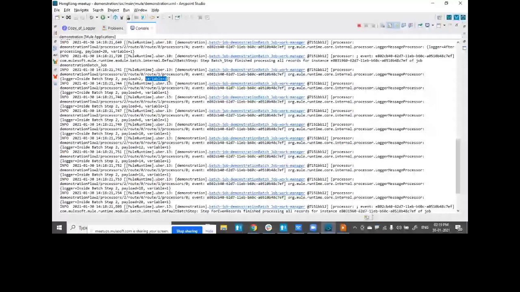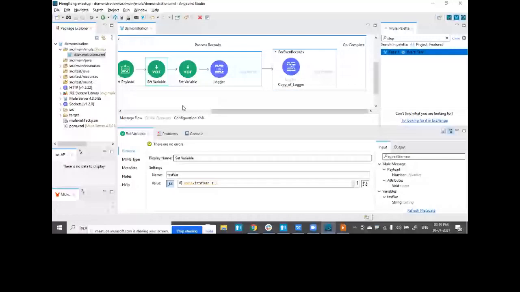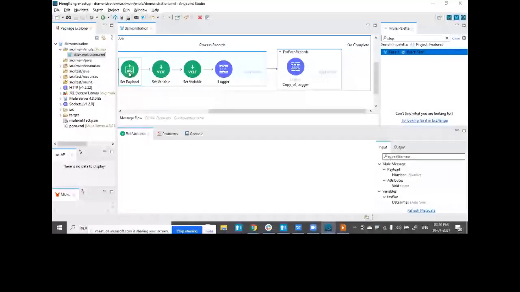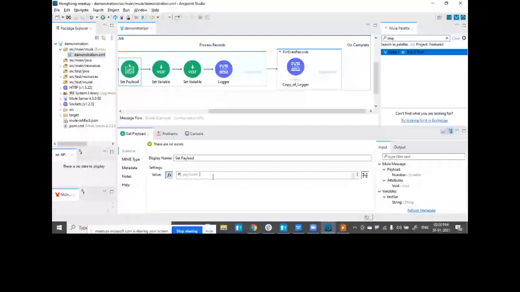Let me do one thing. If I revert back to a simple logic, let me say I'll not increase the payload to twice the value, so that I can show you that it will only give me 2, 4, 6, 8, 10.